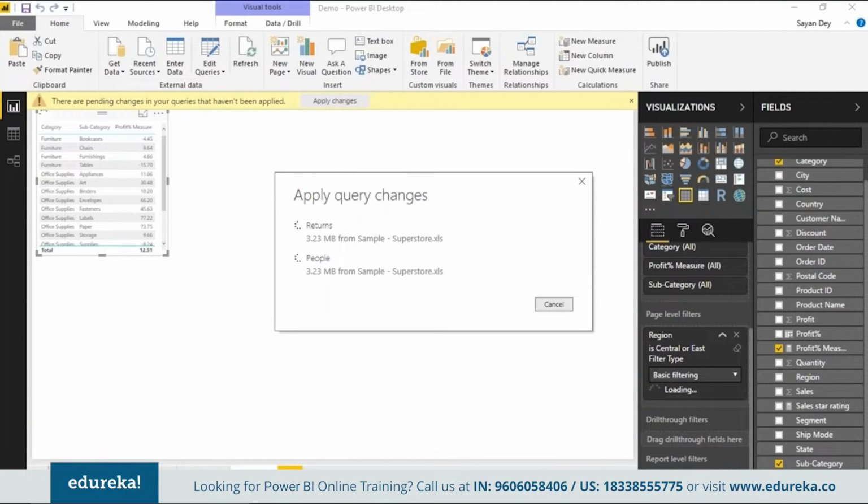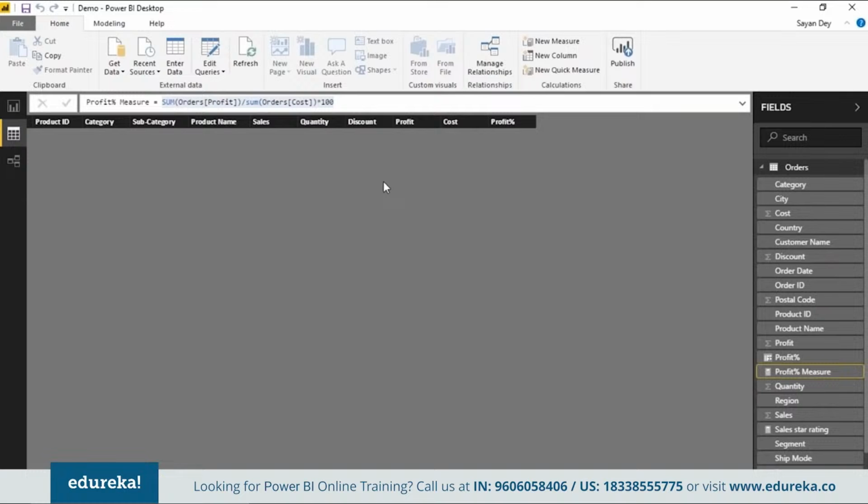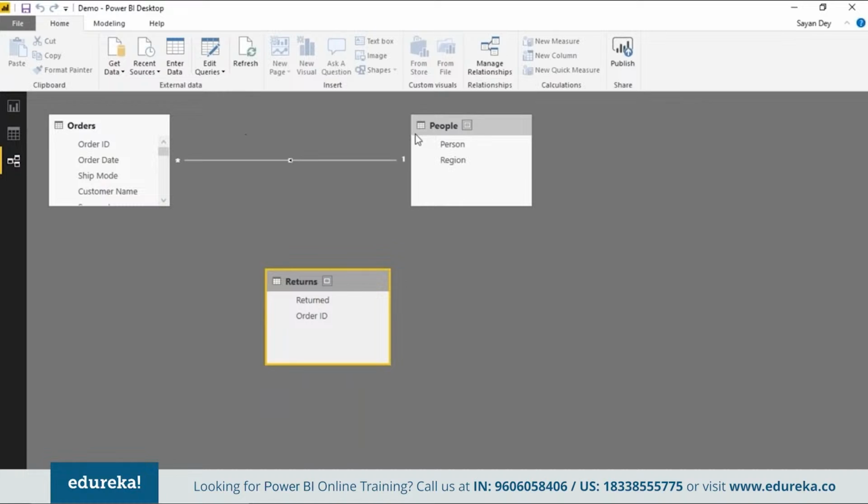And if you go back to the tables tab, you will see the 3 tables that are present here, obviously orders, people, and returns. And if you go to the relationships tab, you can actually see the relationships. Okay, so Power BI will do a pretty decent job in automatically creating relationships based on column names. So if there are 2 similar column names, Power BI will automatically relate them, but then it will not do a very good job always.